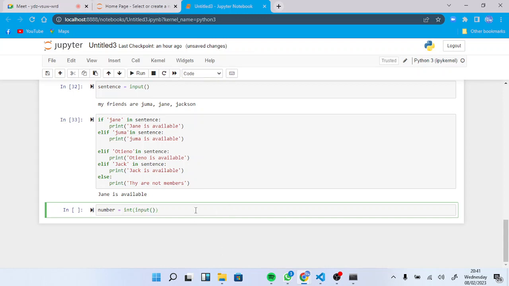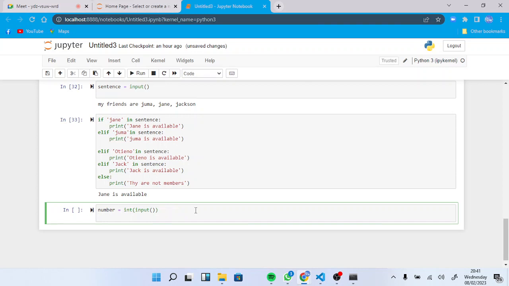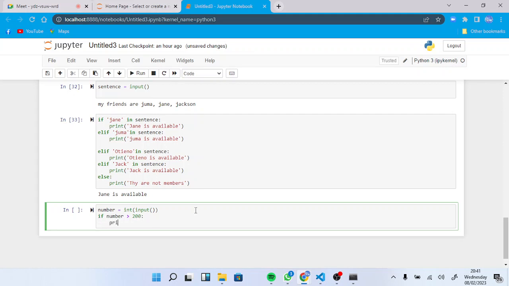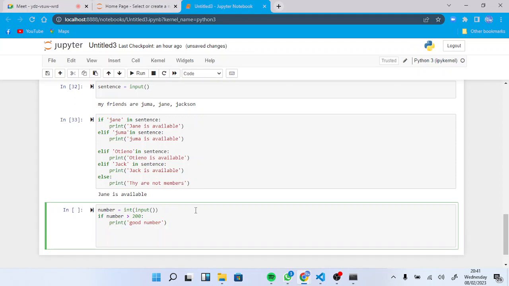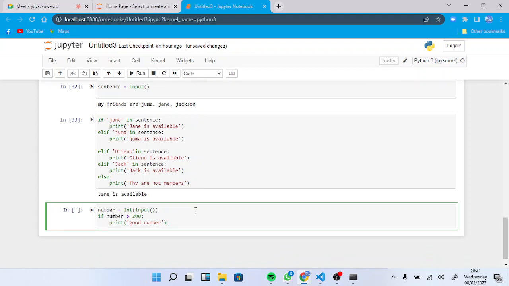If you put that number, then down there you check if your number is greater than 200, then you print actually a good number, and then add